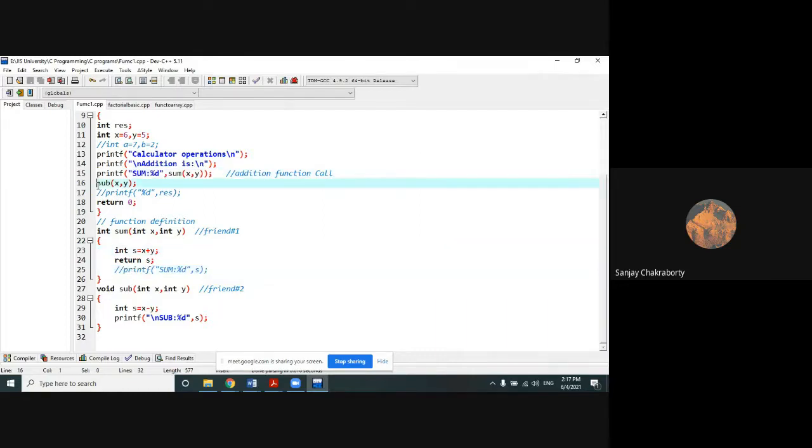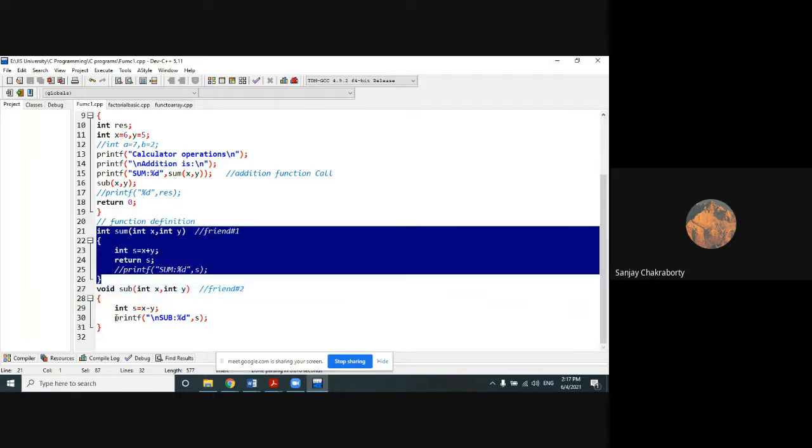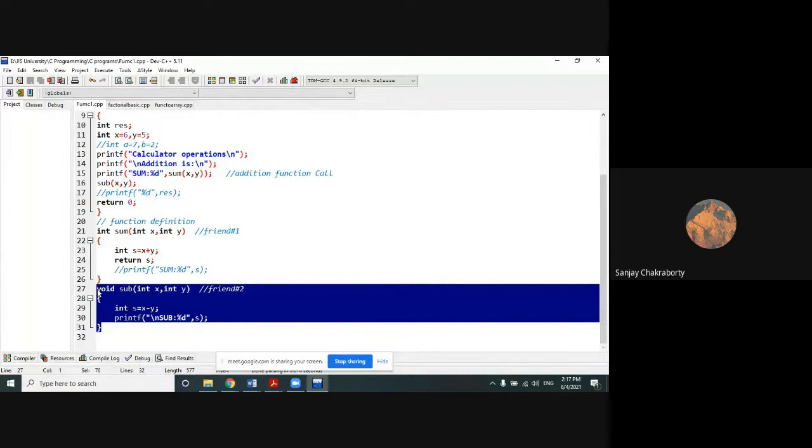So we can do the same job for the subtraction function. Even this mixed type function is also allowed. It doesn't mean that, sir, I am doing a return type in the summation function, so shall I need to do the return type for the subtraction function instead of void? Is it mandatory? No, it is not mandatory. It's totally the choice of the user which function he or she wants to use a return type in, or in which function he or she doesn't want to use any return type. It's totally the choice of the programmer or the developer.